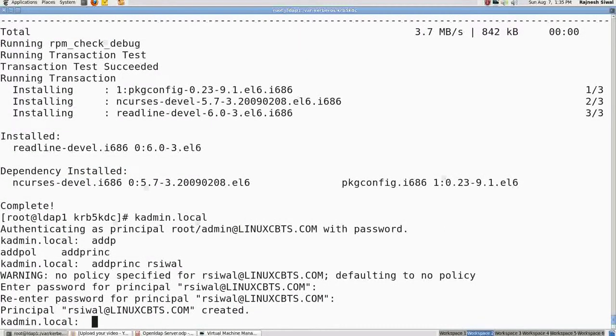Next, any machine which is a part of Kerberos should have its keytab present in it.